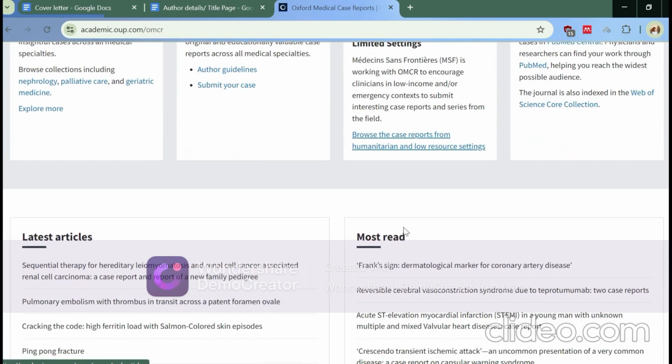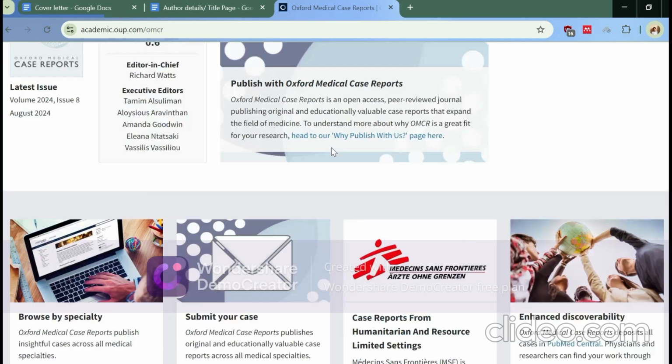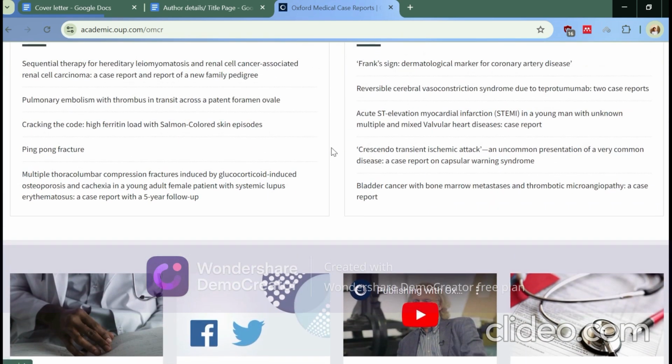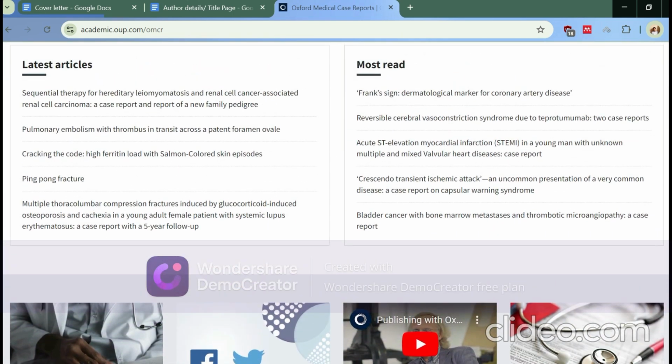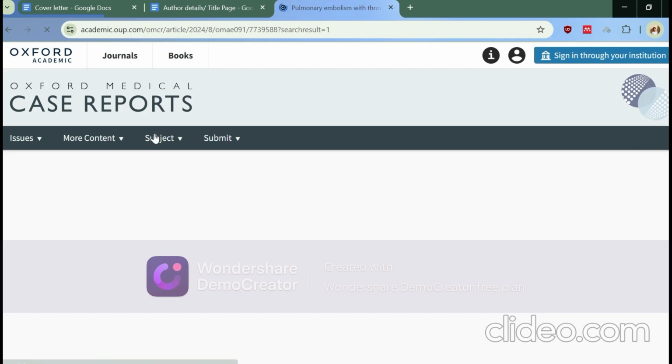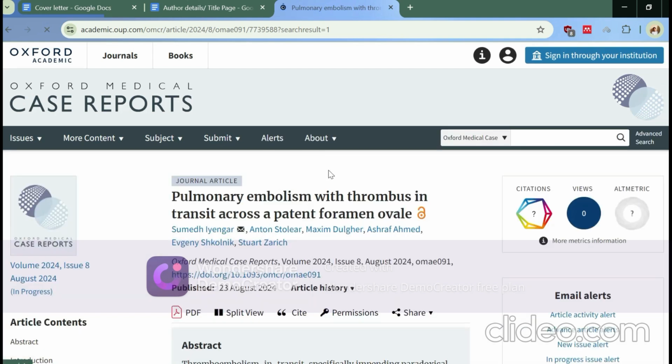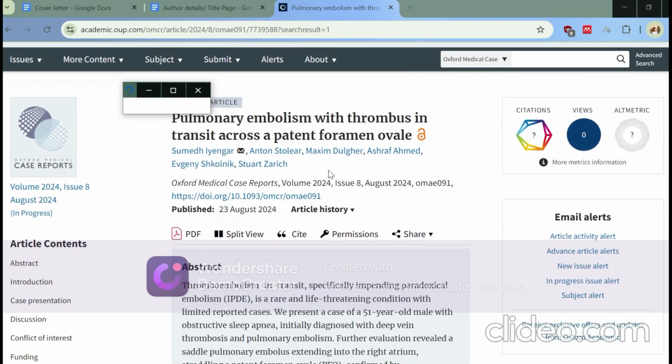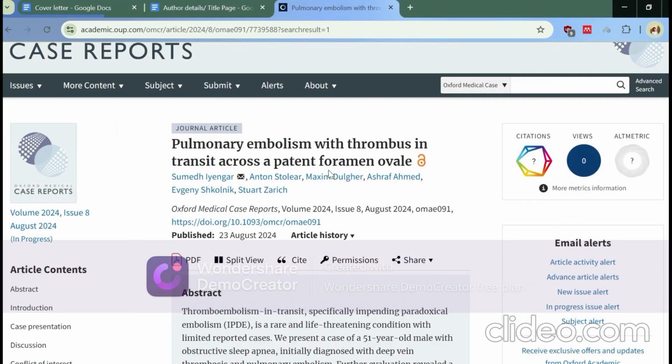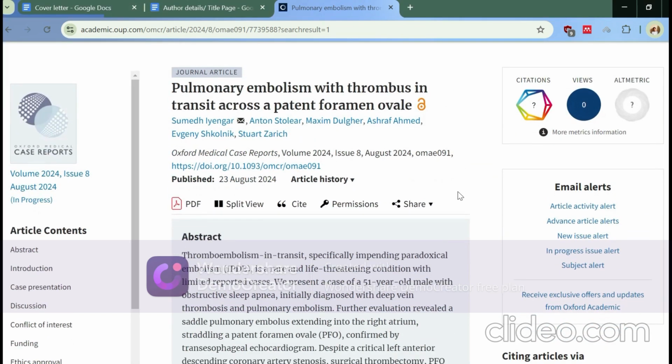What you have to do is search for a recently published article in the journal. Here are the latest articles. You go through any one of these. Let's go into this pulmonary embolism one. Here you can see this article, and you just look through the format of this article, how it is